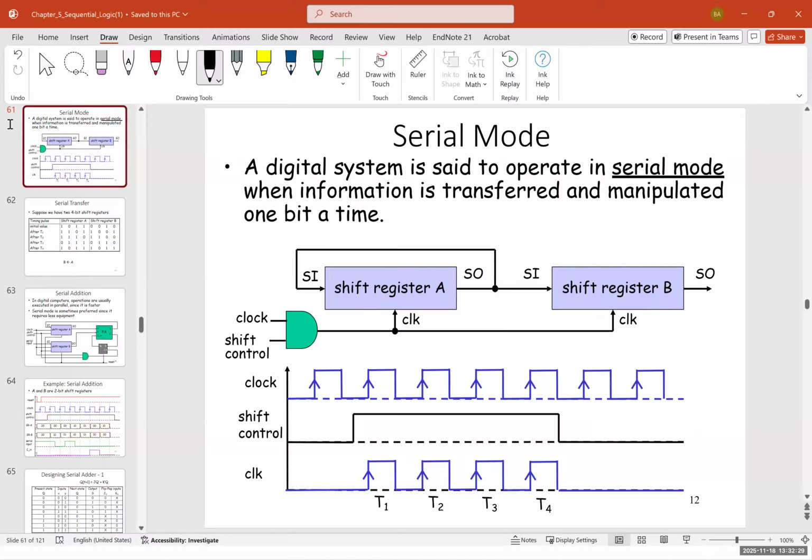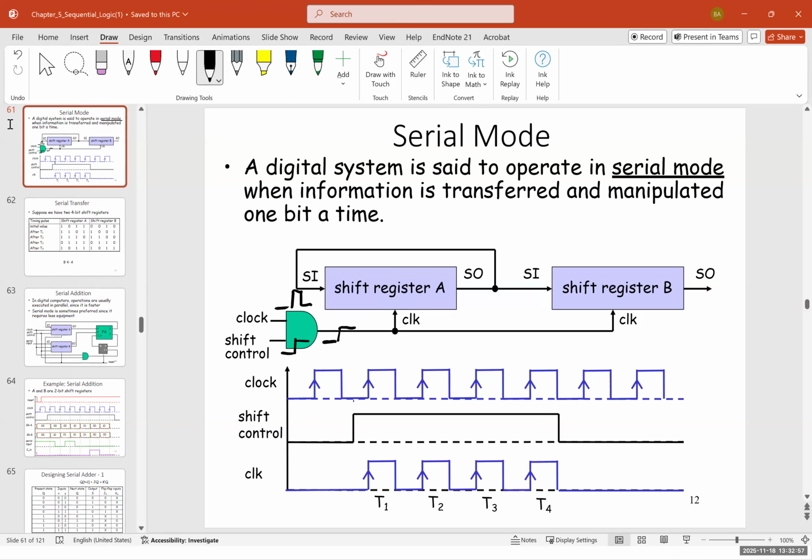Obviously, we don't have any control on the clock. We have a certain frequency. The signal on the clock is oscillating. And we have the shift control. As soon as the shift control is 1, that multiplies to the clock. And when the clock is 1 and the shift control is 1, the AND gate output would be 1. So at this point,